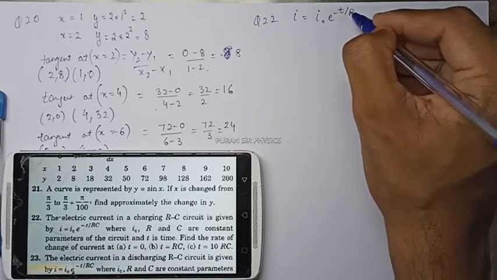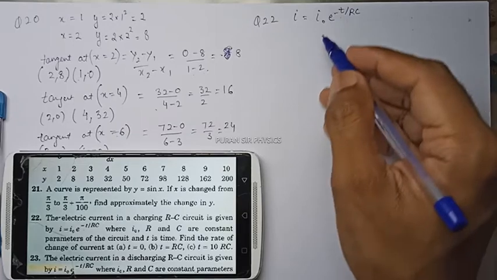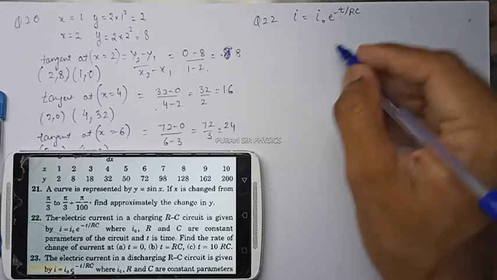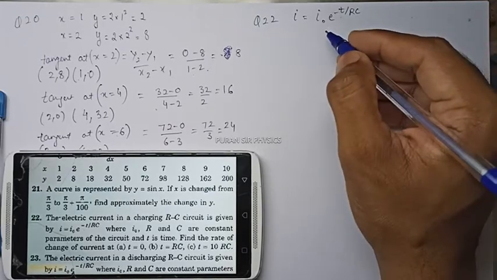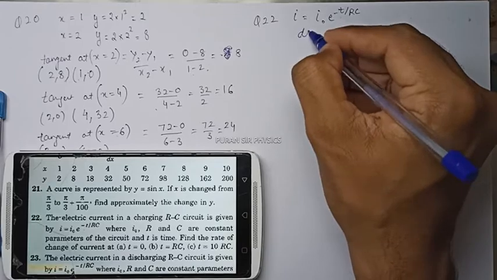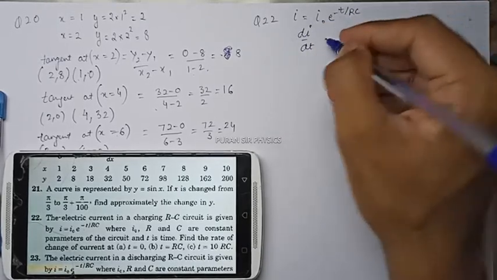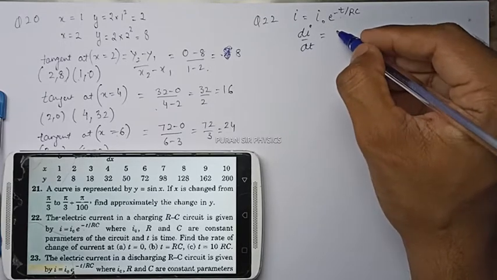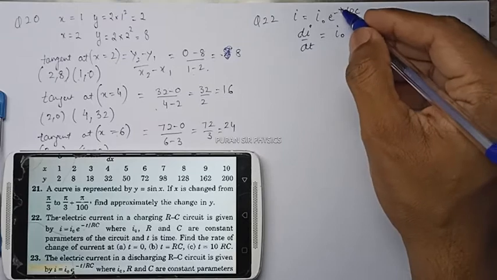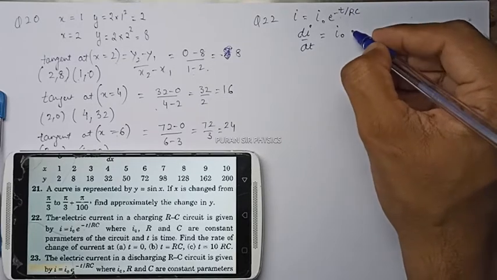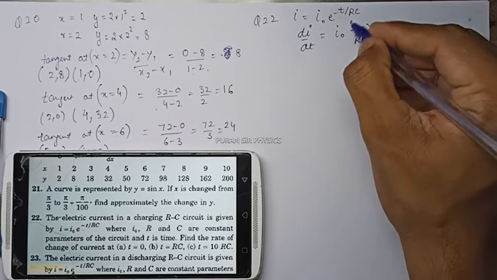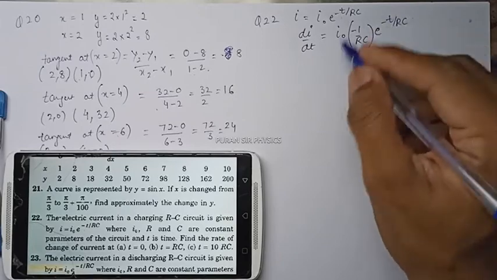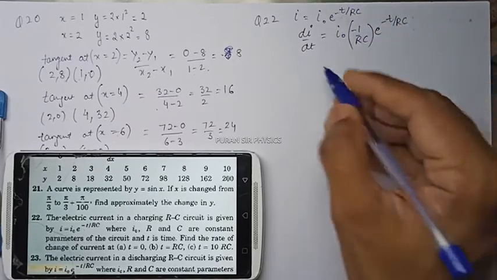So it is an exponential decay, and here I naught and RC are constant, and we have to find the rate of change of current. So the rate of change of current can be written as di by dt. So you have to take the derivative on both sides. So it will be I naught, and the constant of t that is attached we will take as it is, and it will be e raised to power minus t by RC. So this is the basic differentiation of this particular function.